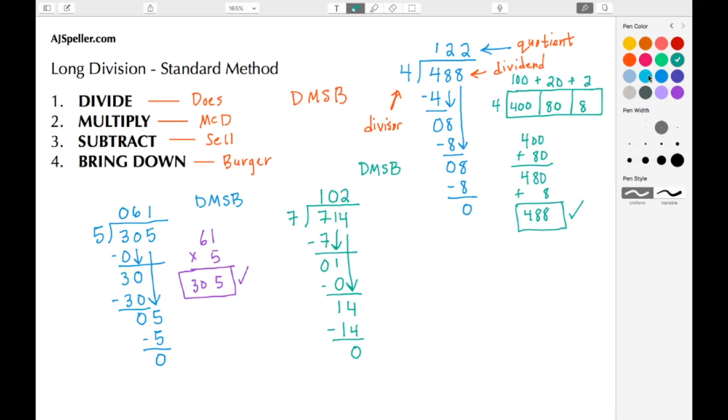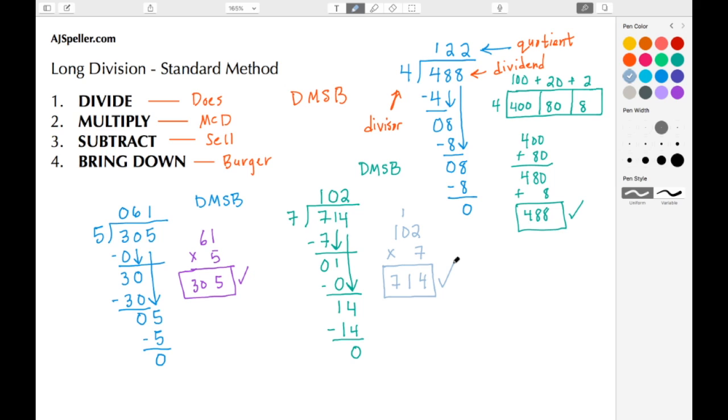But let's go ahead and check it to make sure. So we're going to multiply our quotient, which is 102, times our divisor, which is 7. And again, I'm going to do this in standard format. 7 times 2 is 14, so I carry my 1, write my 4. 7 times 0 is 0, and then 0 plus that 1 is 1. And then 7 times this 1 gives us 7. And then we look to see if this product here matches our dividend, and it does. So we know we've done this problem here correct.